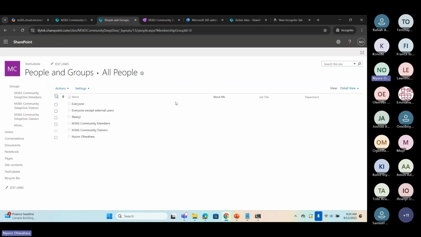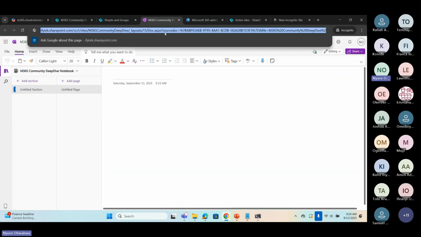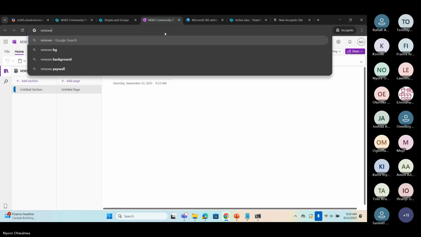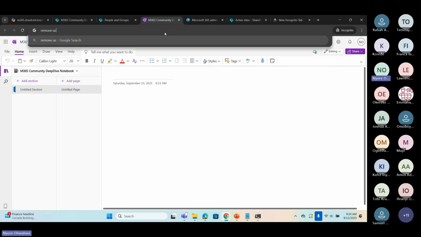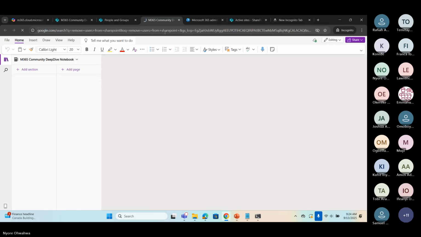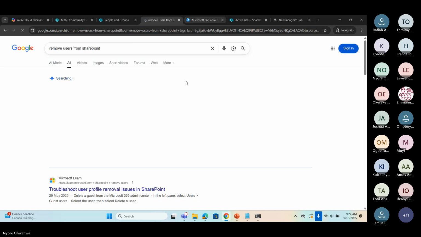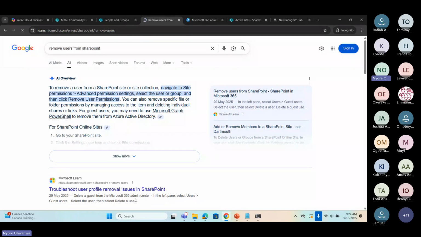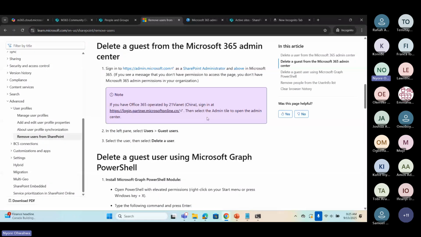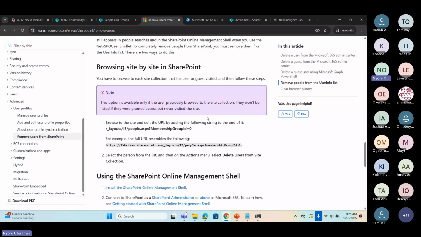I know I'm rushing a bit on this one, but let me see if I can quickly show you SharePoint. So the URL that I just navigated to is kind of a hidden URL, right?